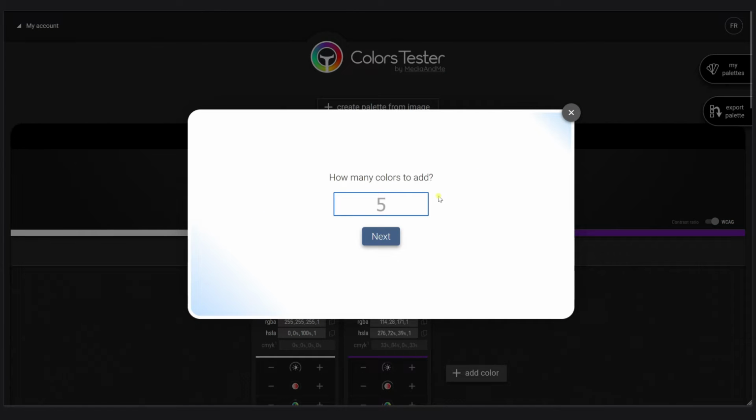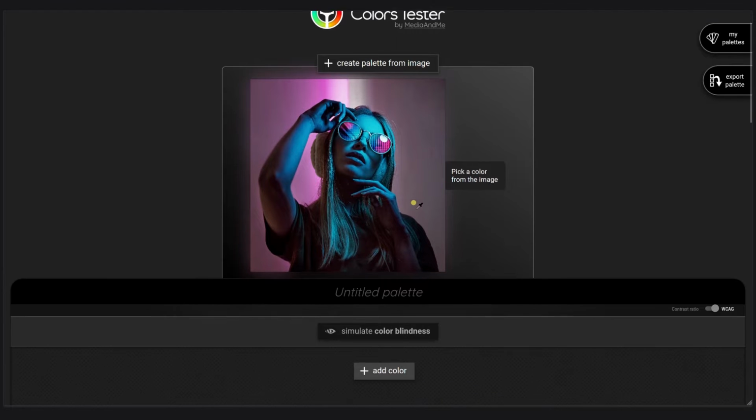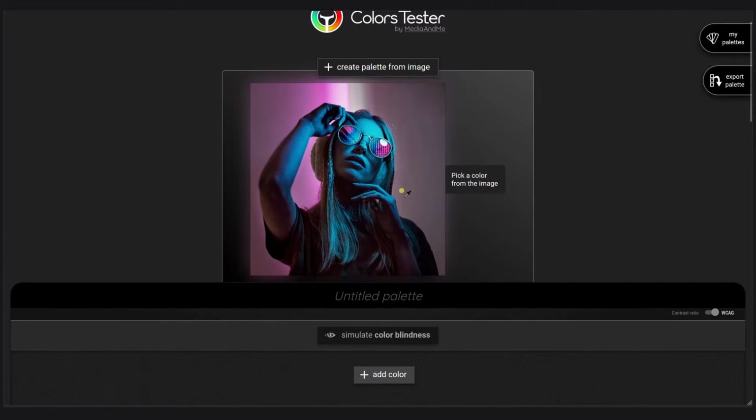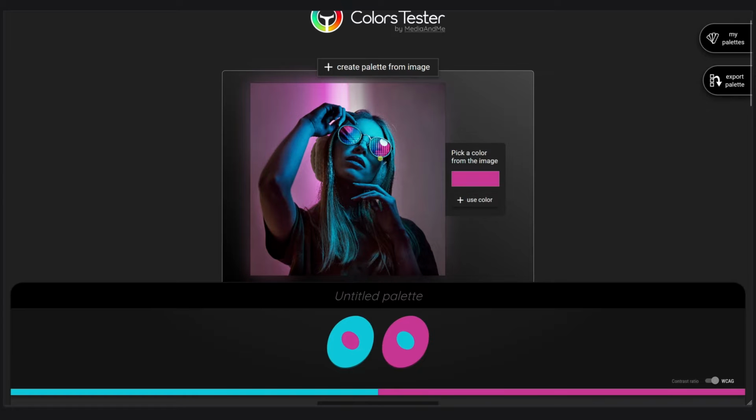So this one I will choose, and I will choose here to start with 0 colors to add. I will hit next, keep the current palette no, and I have a brand new color picker. Yes, indeed, you just turn your image into a color picker. I can choose any color I want and use the color to add it one after the other, choose whatever